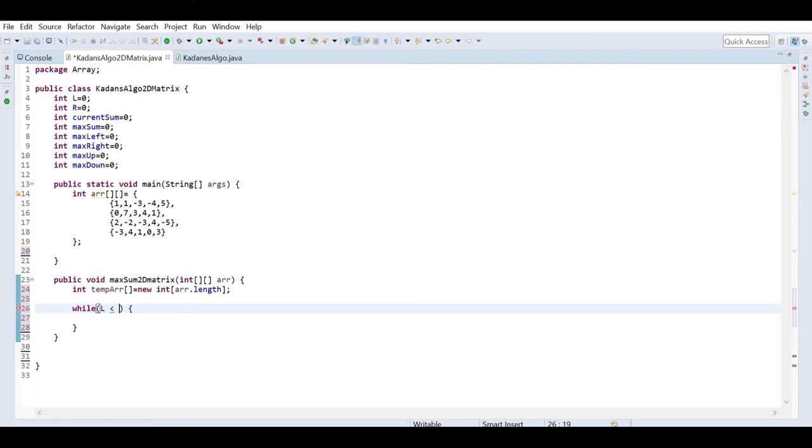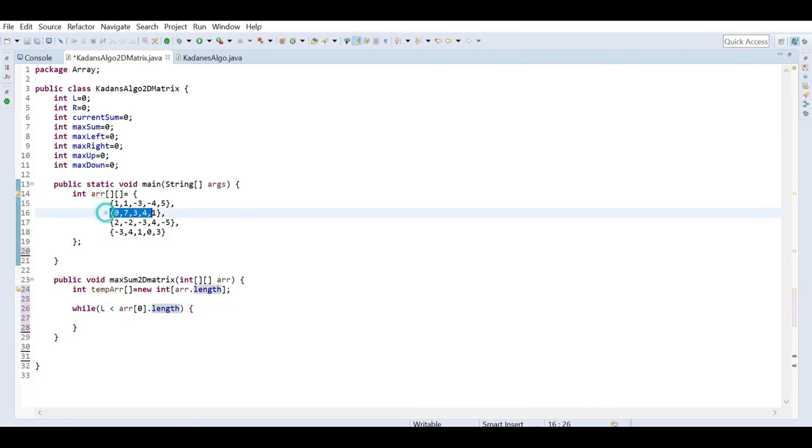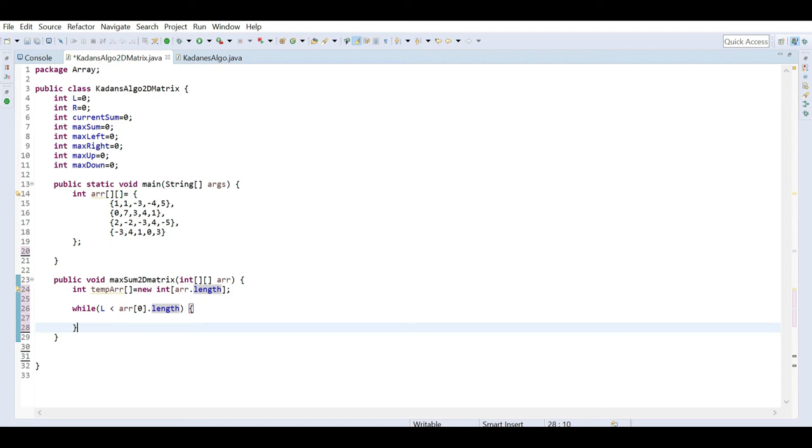If we take any row, maybe the 0th row, and find its length, that will be our column length. In this case it is 1 2 3 4 5, so it is 5. So our left will be less than array dot 0 dot length, like from 0 to 4, and till then only we have to work.